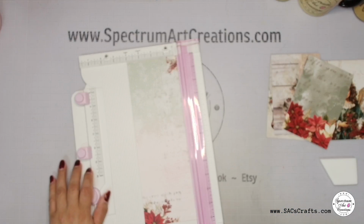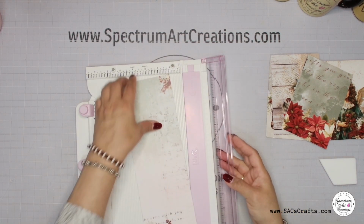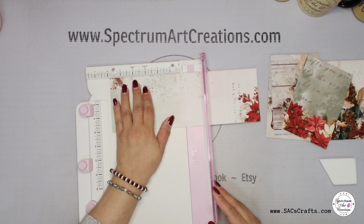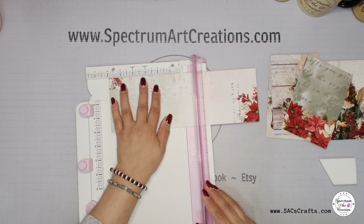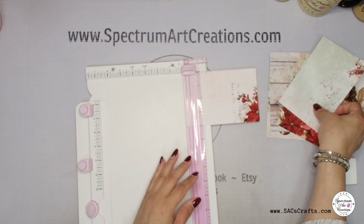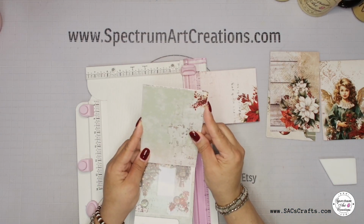Save that strip. And then actually we don't need to open it because we're only going to go to 6 inches. And if you want to be just a little shy under the 6, that's okay. Like, I barely, like a sliver, and you want to kind of size it up just to ensure